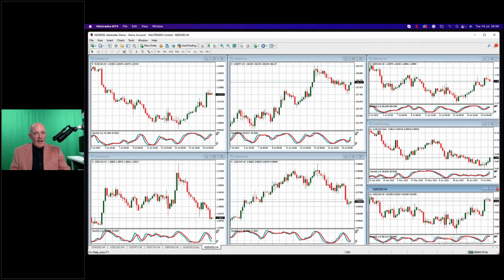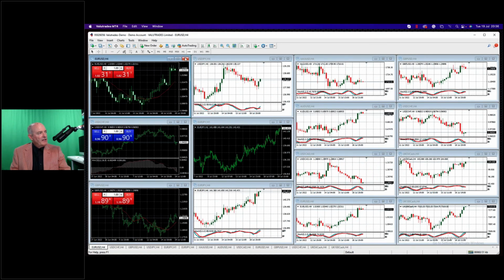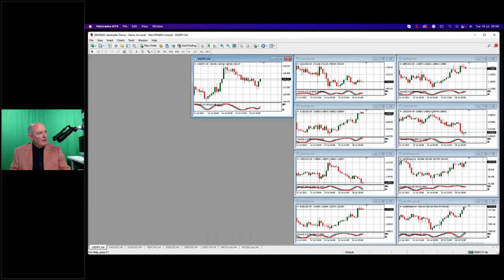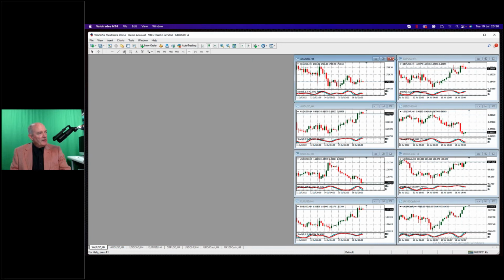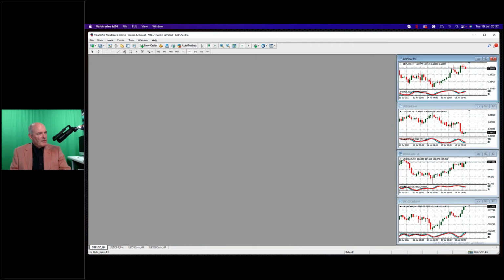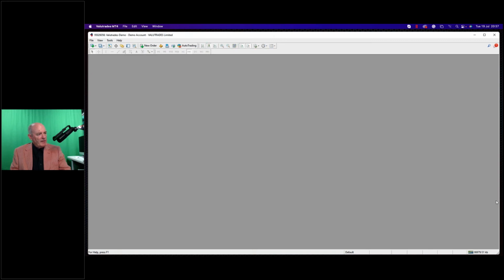Okay, so the way that I make up a profile, it's really quite simple. Let's go back to our default, and there's always a default template or a profile on. So what I'm going to do now is basically get rid of everything. And again, if you already know how to do this, I apologize, but there are a lot of traders who ask me about templates, a lot of students who ask me about templates and profiles. So let's say, for example, okay, I've cleaned this totally. So I'm going to go to now, and I'm going to save profile as,